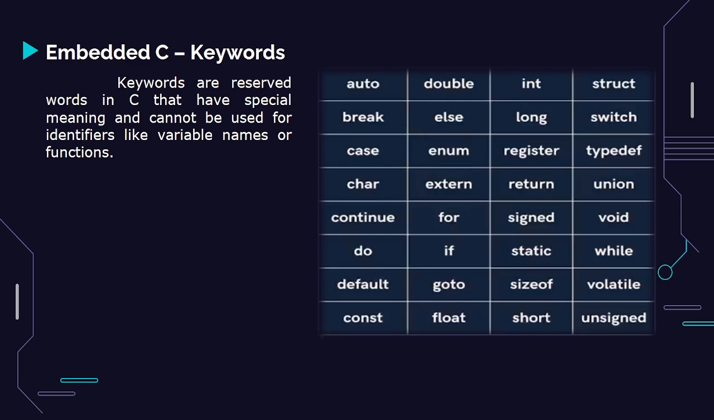In C, keywords are reserved words that have special meaning and cannot be used for identifiers like variable names or functions. In C, there are 32 keywords like auto, break, case, char, continue. Likewise,